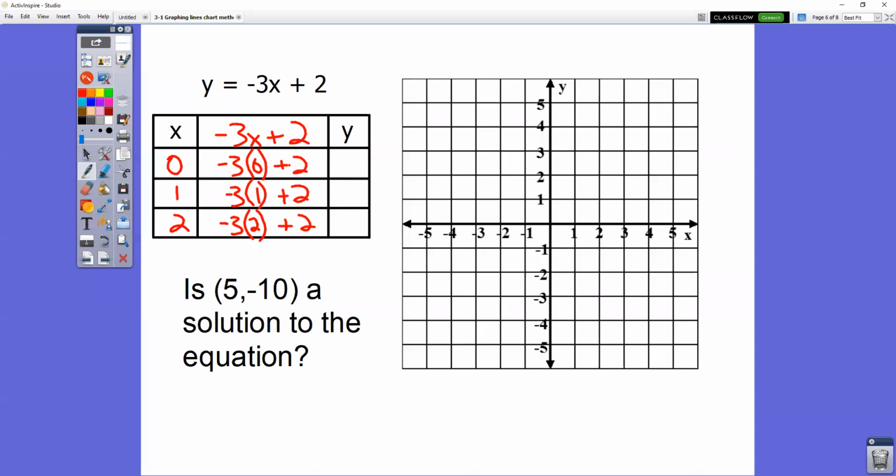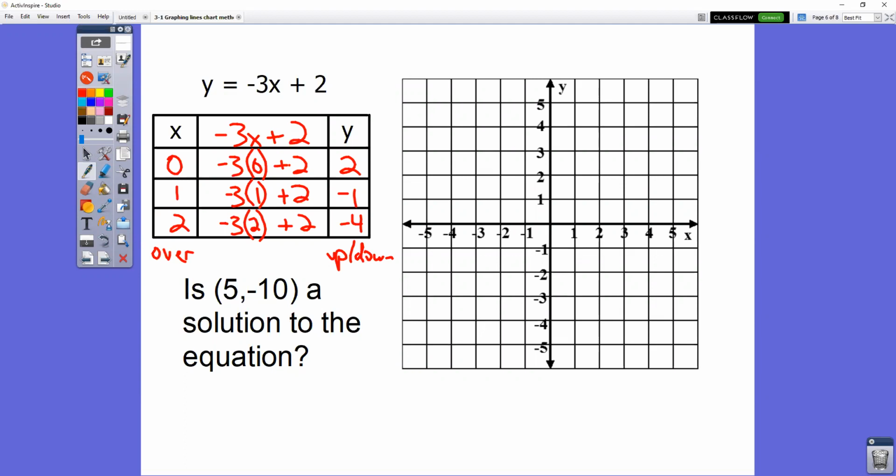So now take those 3 things, type them into the calculator, and get your y values. -3 times 0 is 0, plus 2 is 2. -3 times 1 is -3, plus 2 is -1. And -3 times 2 is -6, plus 2 is -4. Your x value is how many go over. Your y value is how many go up